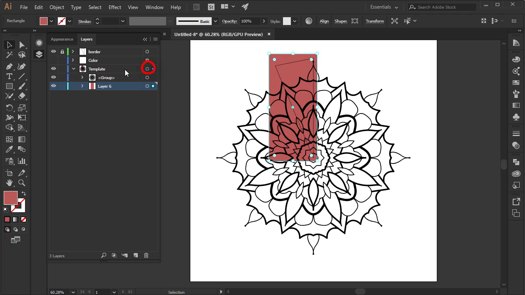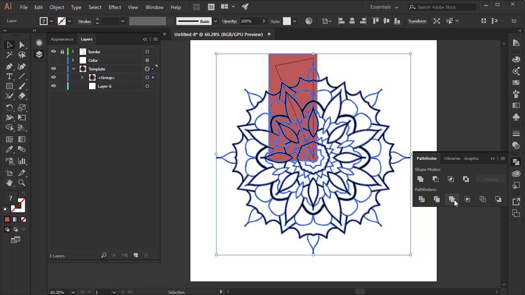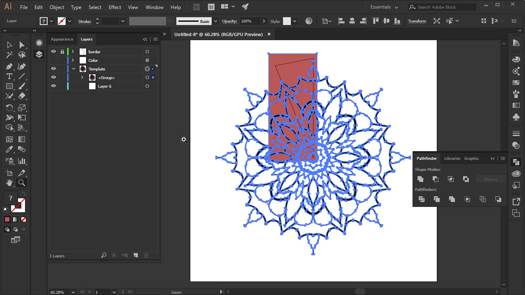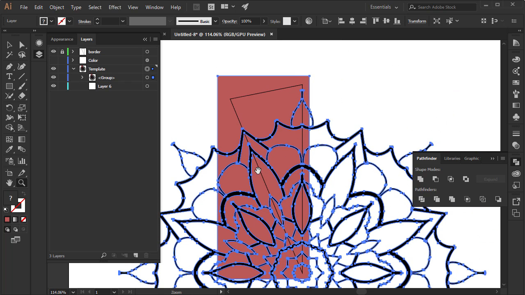Next, let's select the template layer, so it will select all the elements, including the rectangle. Let's open up our Pathfinder and click on merge right there. Now it will fill this portion right here. Let me zoom in right here. What will happen is it will fill this area right here,